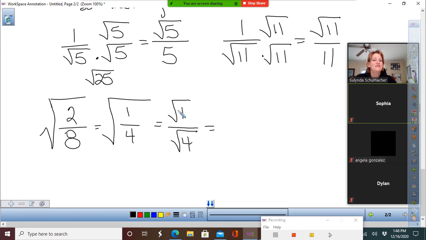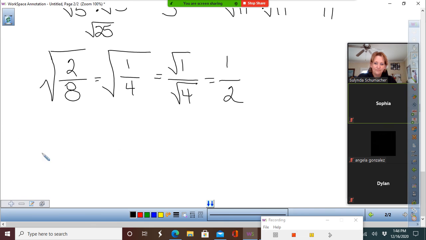The square root of 1 is 1. The square root of 4 is 2. Is there anything else to do? No, because we got rid of the radical in the denominator. Try another one. Let's say I have the square root of,